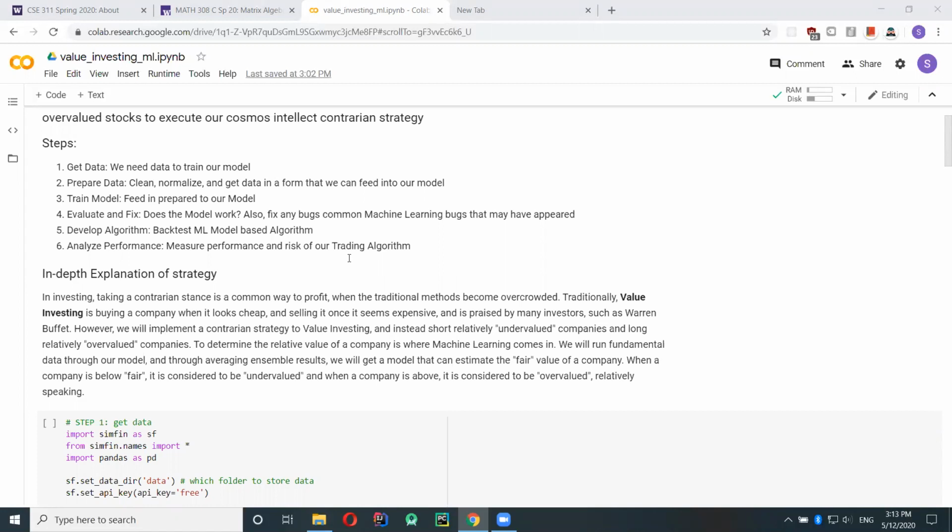And then the data is not always perfect, so you have to prepare it, cleaning it, normalizing it, and adjusting the dimensions, to get it into a form that we can feed into a model. Then we feed the data into a model, which is basically training it. And then we have to evaluate the model, to see if the model actually works.